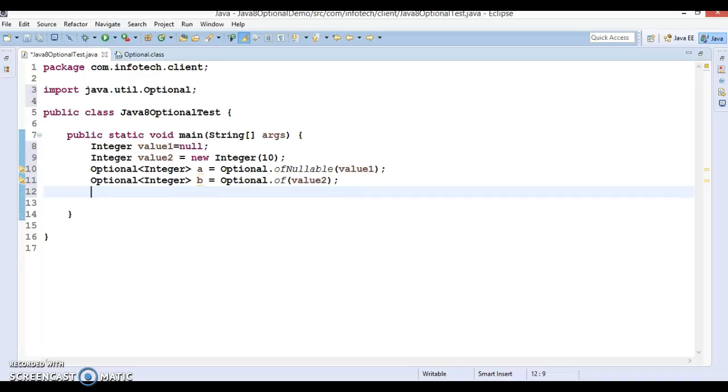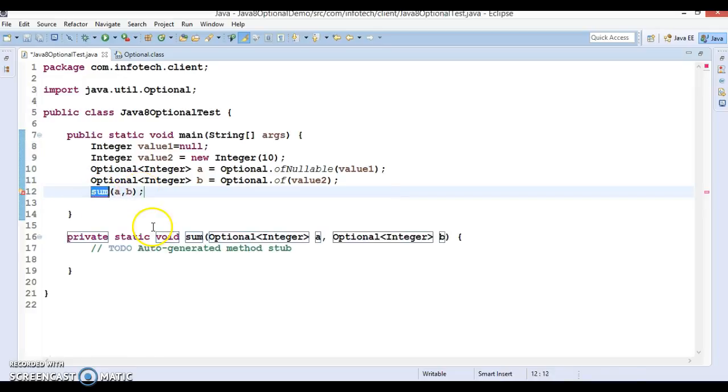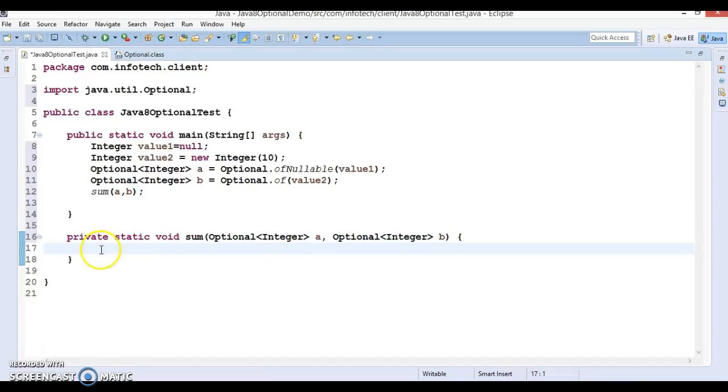Now I'm going to create a method, called sum. So the sum method I'm going to call, and I'll pass these two values a and b. Okay. And let's create this method. This is basically a static method which is accepting a and b. Okay, so in this method we can apply some checks like